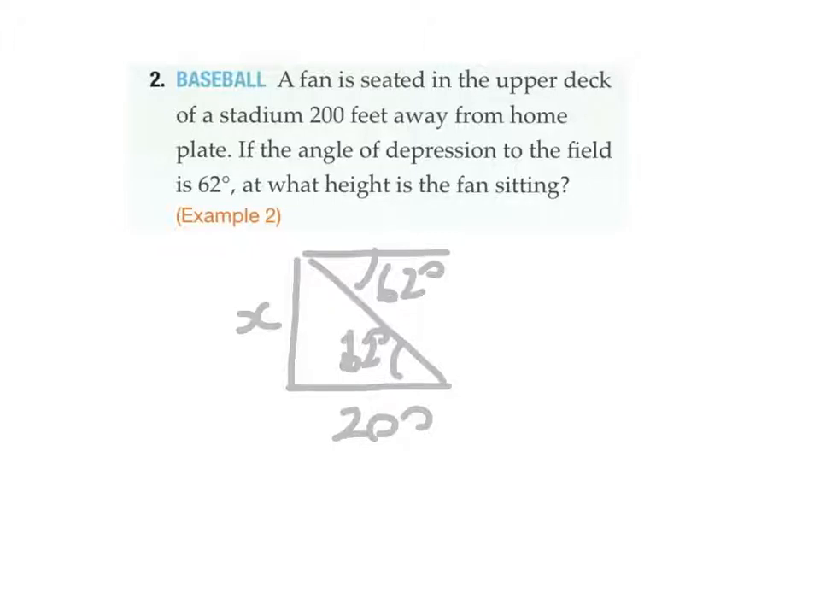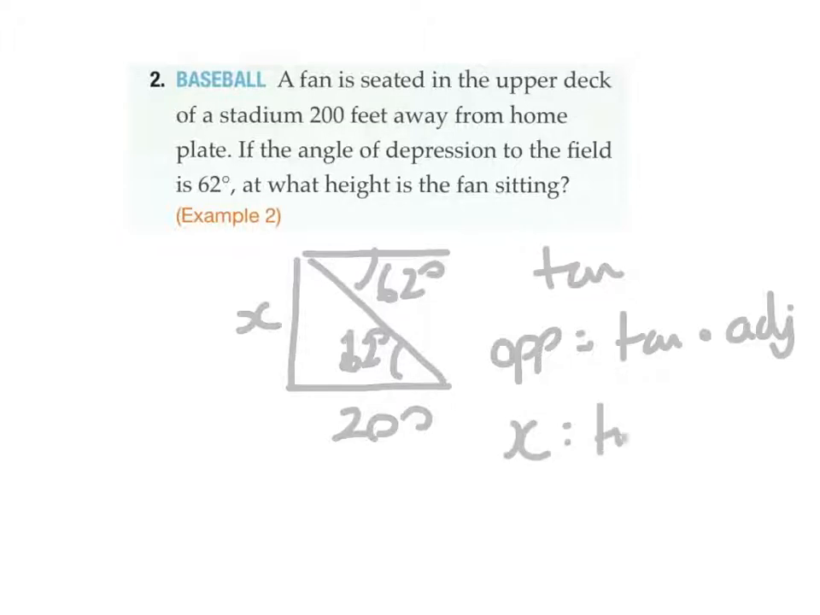So again, it's a tan question. All right, this time you want the opposite. So the opposite is going to be equal to tan multiplied by the adjacent, because don't forget the angle is your target. So x is going to equal tan 62, and you're going to multiply that by 200. So the height of the fan, which is x,